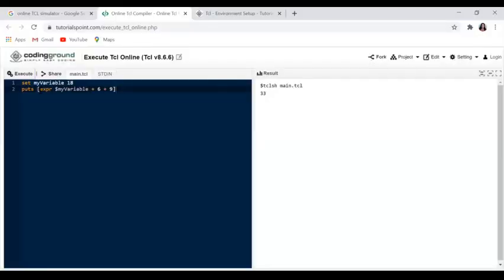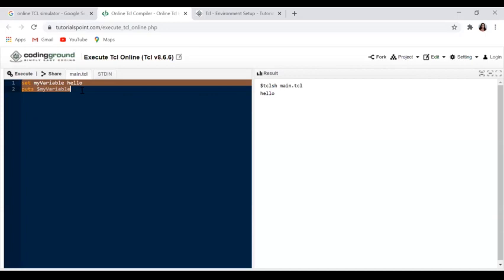Till now you have seen that everything we are working with is a number. Now let's see one thing: if I have given a string. So here you can see that I have given the string as hello. So now the content of my variable is hello. Now let's see, the answer will be hello. So here in the TCL command, it will not check whether the value is an integer, decimal, fractional or string value. Whatever value you have given, it will accept that value and show it to you as the result.